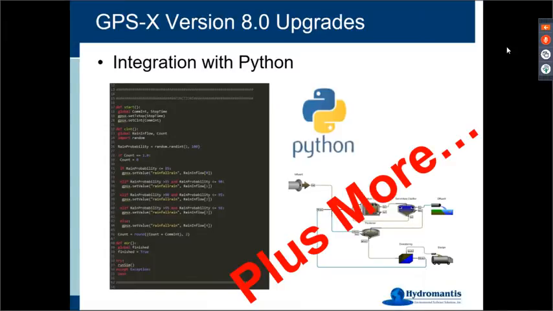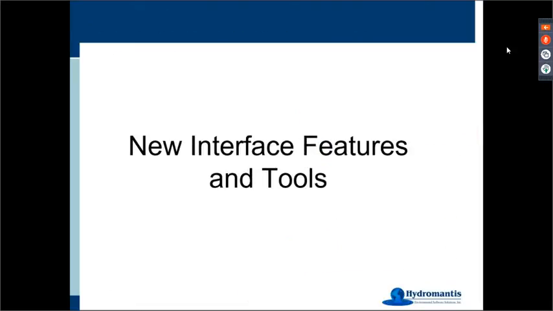So what I'm going to do today is focus on a number of the software features and some of the new individual unit processes. We've decided we'll pick that up again next webinar, and then we're going to leave the Python integration to its own webinar. So 2 webinars from now in November, we'll have a special one just for the Python integration.